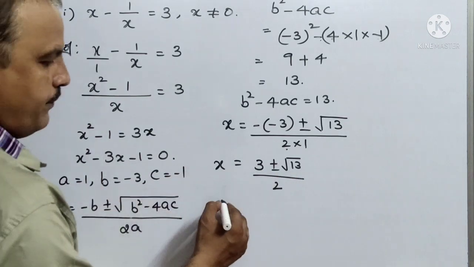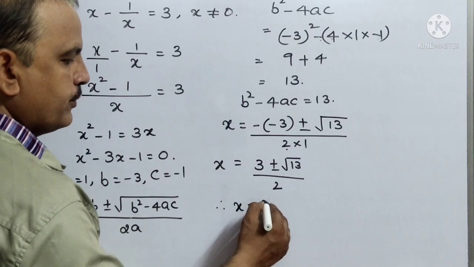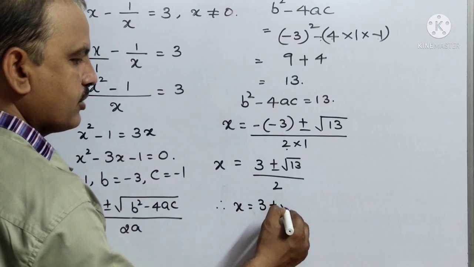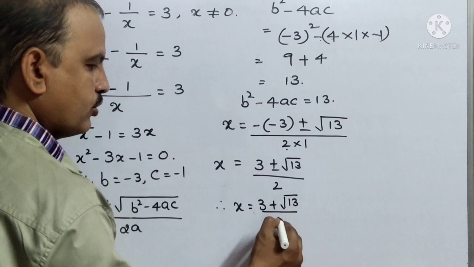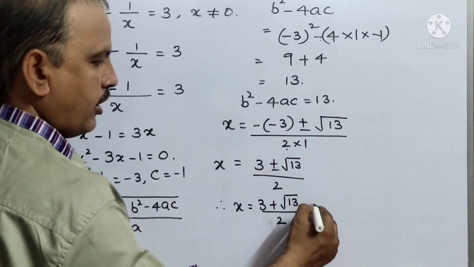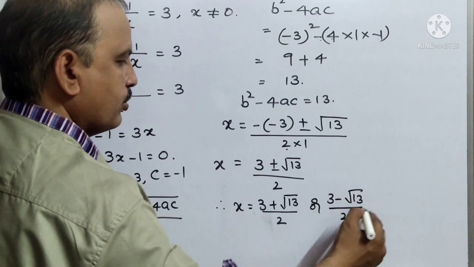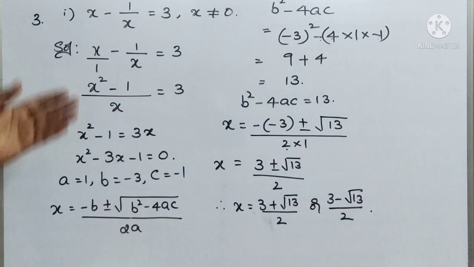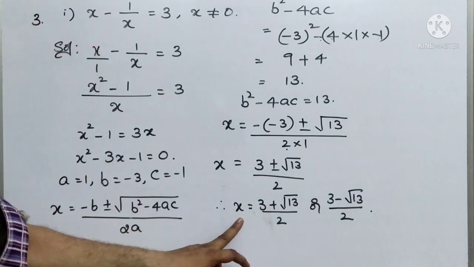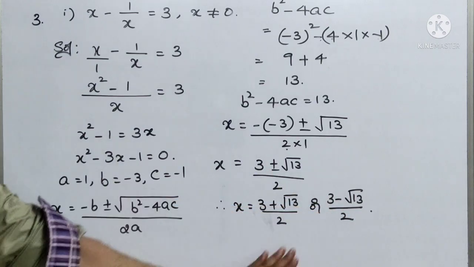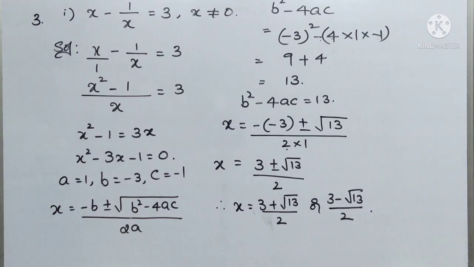Now we ask the roots now. Therefore x equals to 3 plus root 13 by 2, that means one with plus, or 3 minus root 13 by 2. So these are the roots of the given equation. Okay. So x equals to plus or minus means one is plus and other is minus. Okay children, is it very clear? So the second sum you can take it as a homework. Now I am going to teach the word problems there. Okay. See the next question children.